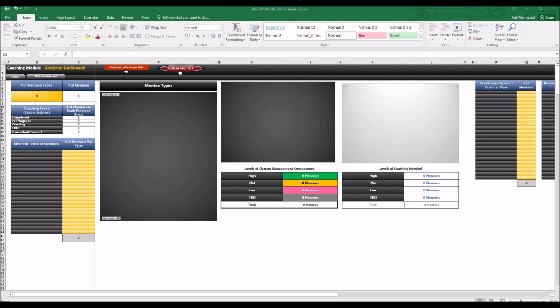When you initially open the coaching management module for the first time after purchasing it, the Analytics Dashboard will be blank if nothing has been entered into your template database yet. However, as you start entering information into the template database, the respective charts, data, and metrics will start to show